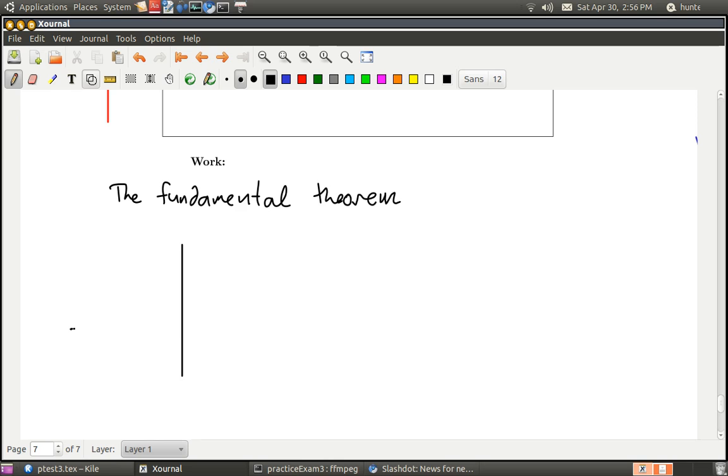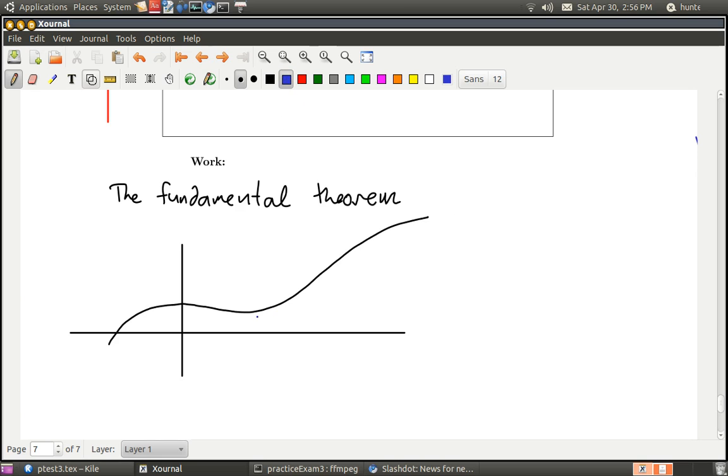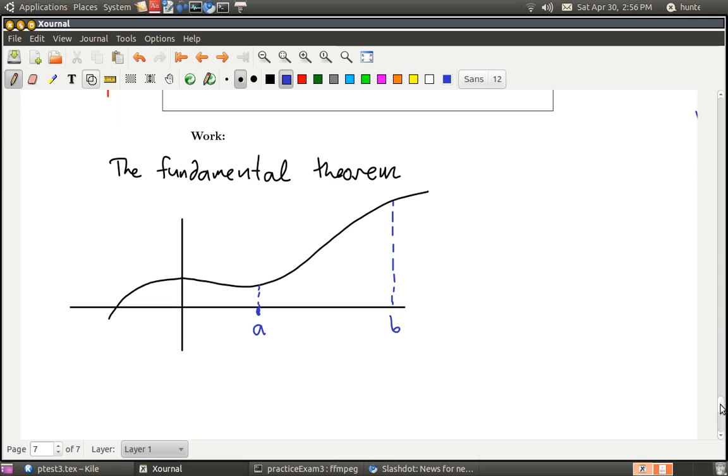So let's say that you have the graph of any function. Now let's say we pick 2 points A and B. And also this curve, it can't really be any function. It has to at least be continuous. And then I suppose the antiderivative has to exist. Okay, so